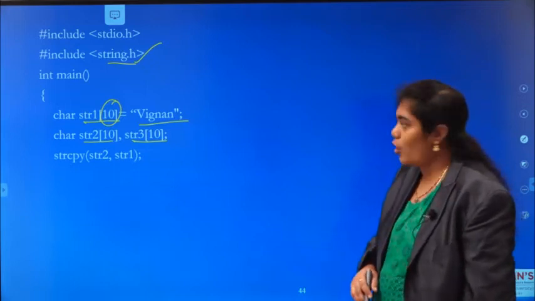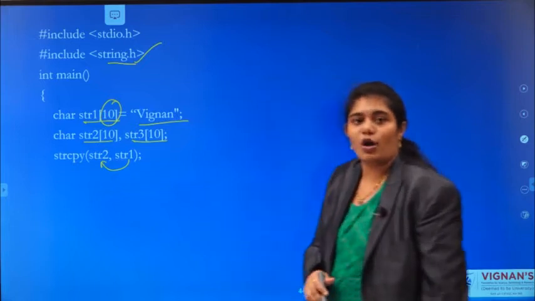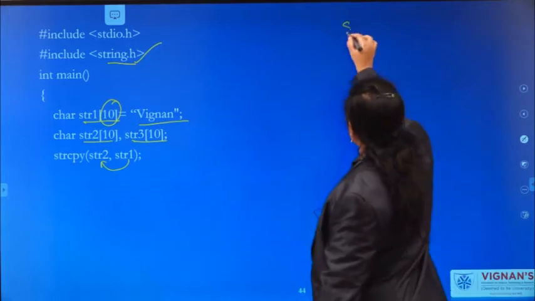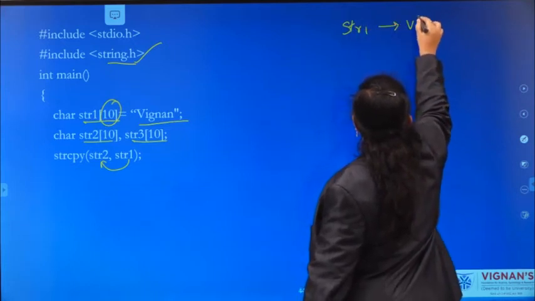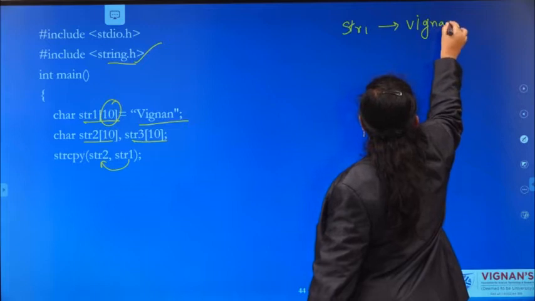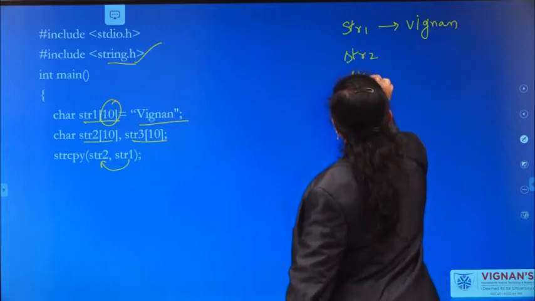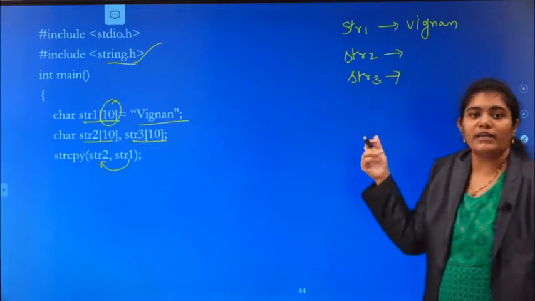Now I am trying to copy the content of str1 into str2. Now str1 is pointing to Vignan. We declared two more variables, but these two variables are not pointing to anything.